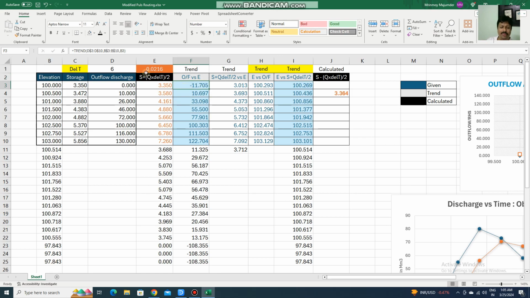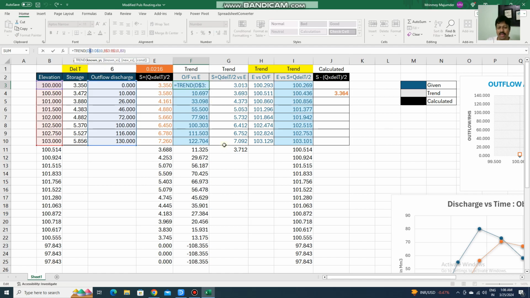So how to find the trend? Trend is your known x versus, first you give the known y. In our case D3 to D10 has that known y. First, the known y will be given to it, that is D3 to D10. Why have I used this dollar sign? Because when I pull them down now, if there is no dollar sign, this D3 will change to D4, and this D10 will change to D11.